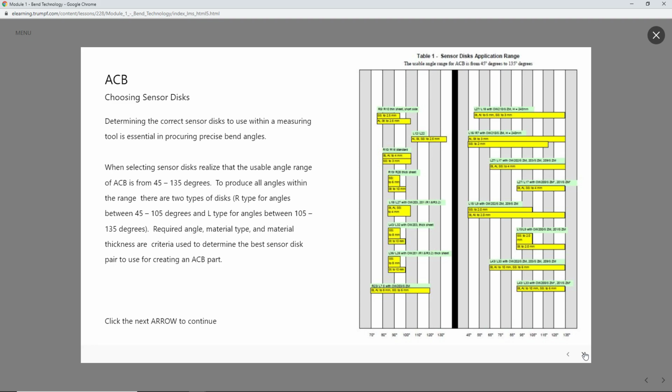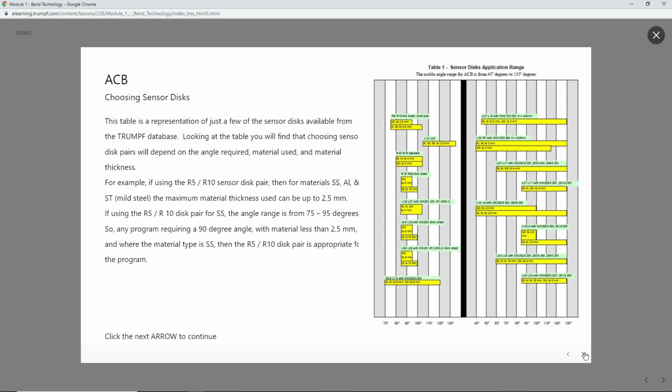Required angle, material type, and material thickness are criteria used to determine the best sensor disc pair to use for creating an ACB part. Please click on Table 1 for a detailed view in a new window. This table is a representation of just a few of the sensor discs available from the Trumpf database. Looking at the table you will find that choosing sensor disc pairs will depend on the angle required, material used,